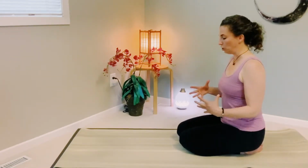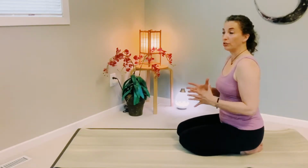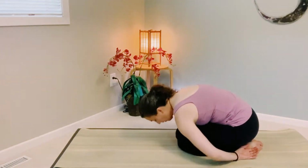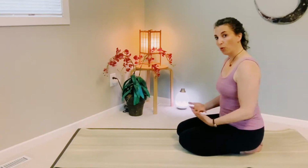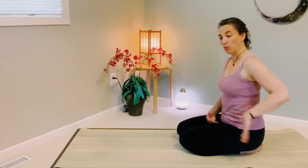So in this, the final Balasana, the one that I was just showing you, the knees are together. And the reason for that is it's much harder to arc the spine into extension, because you want to be rounded. You're going to round over the legs here. And the other thing is you can't breathe forward because the legs are in the way, which forces the breath